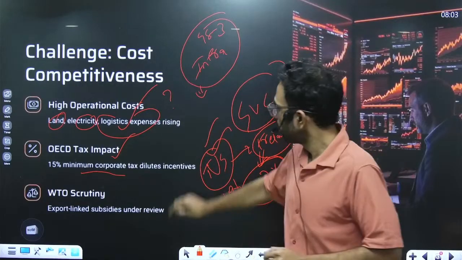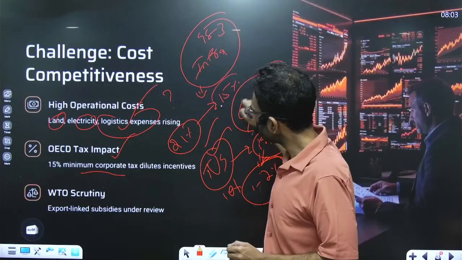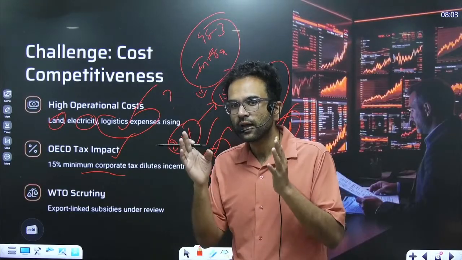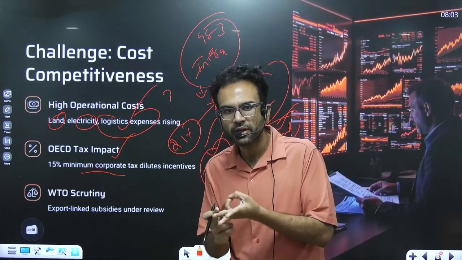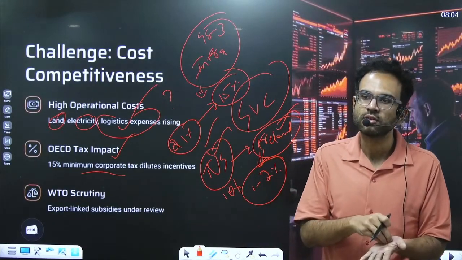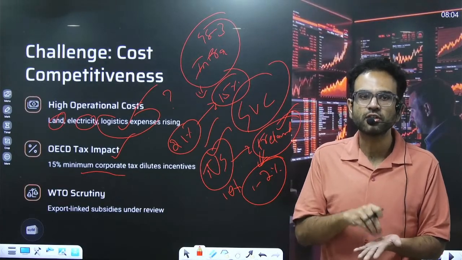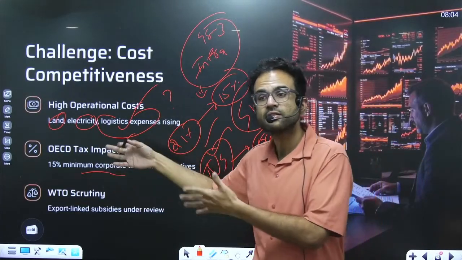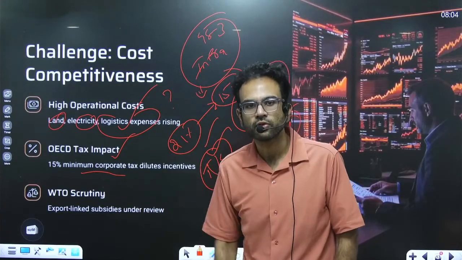You might be wondering, if India is having 21% corporate tax and you're reducing it to 15% according to OECD, aren't we losing money? Yes, we are losing money, but you also remember that if you do other things right, skill your people well, keep them healthy, give them proper education, give them proper professional skills, India has the largest labor market. India is the youngest nation in the world, and this 5% difference can attract a lot of companies if other things are done right, if the policy is conducive for growth.